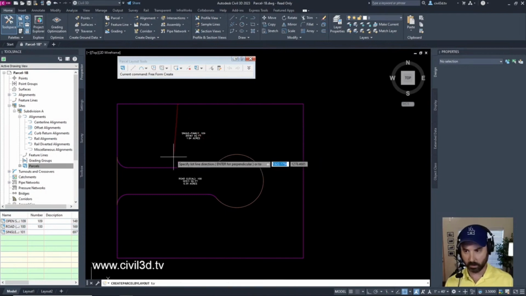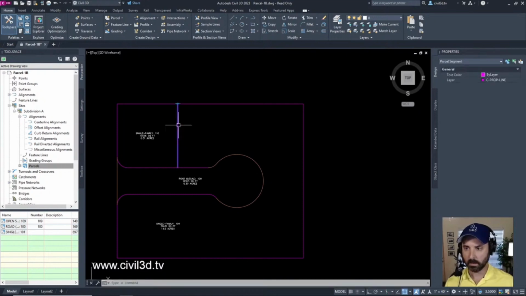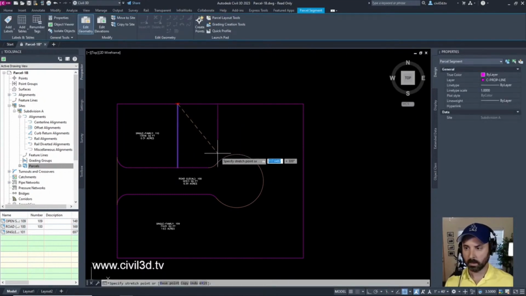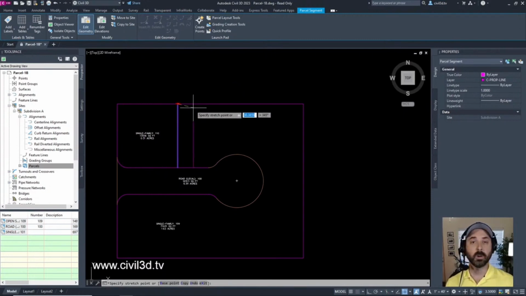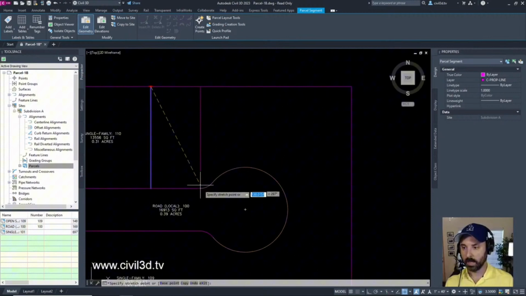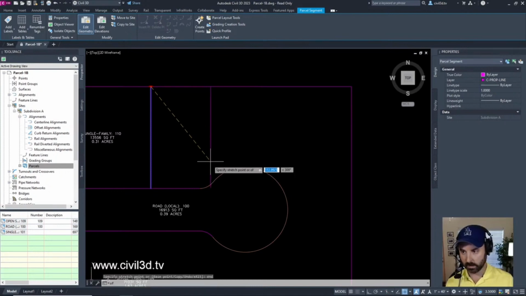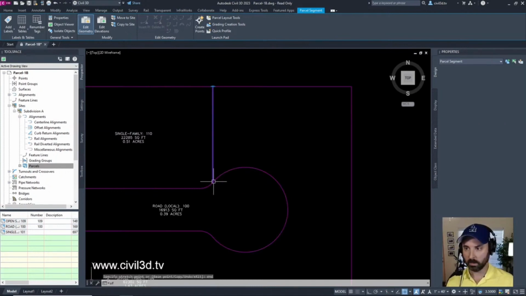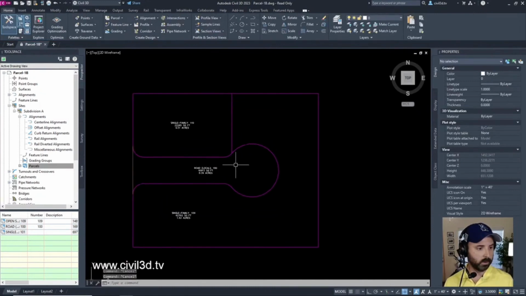Lot line direction, I'm going to go perpendicular like that. Exit. I'm going to click this. I can only go back and forth like this, but I'm still perpendicular to this rear lot line or side lot line, depending on who you're talking to. I want to be able to snap at the end point of this arc. If I type in END, end point of this arc right here. There we go. Now it's doing what I want it to do.